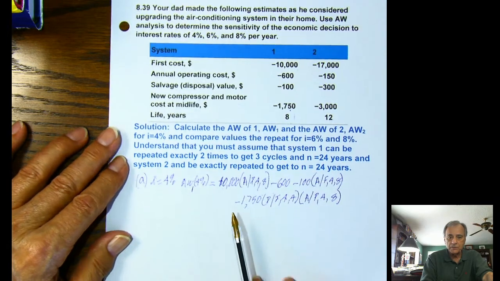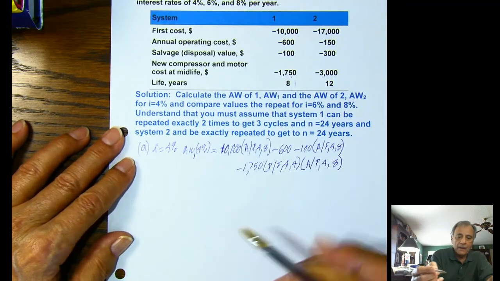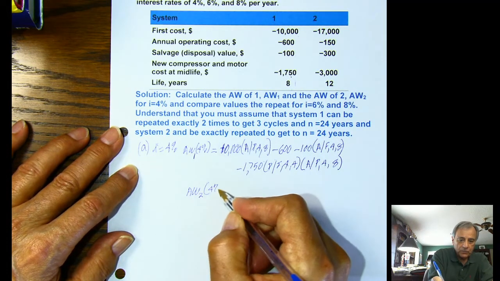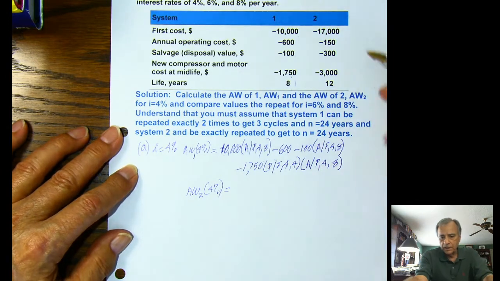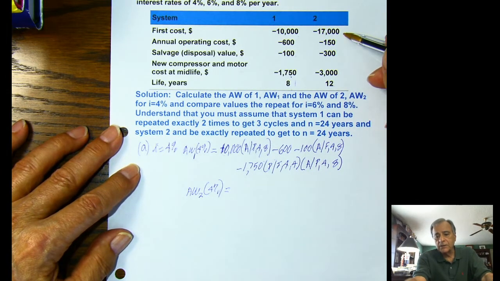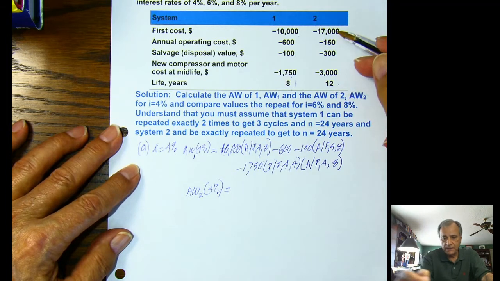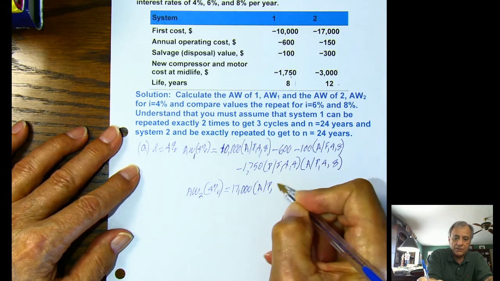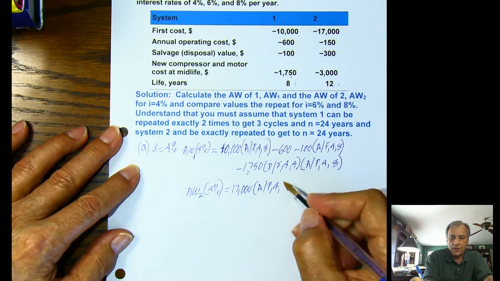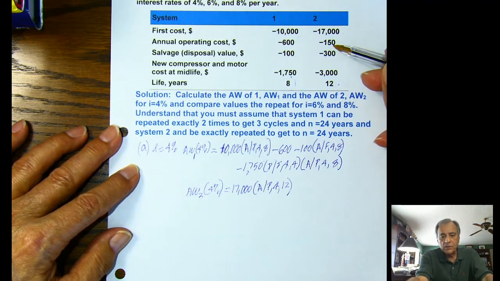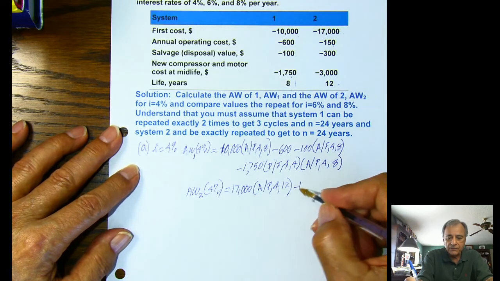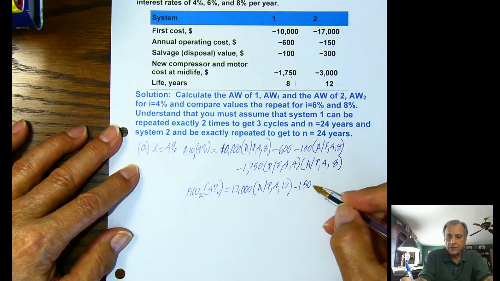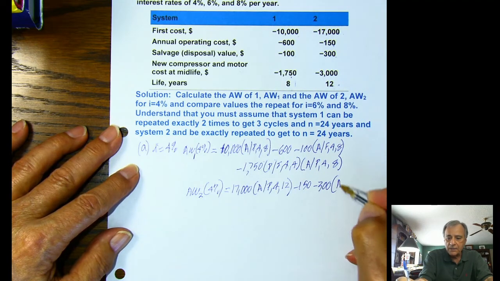Let's look at System 2. The annual worth of 2 at 4% will be, that system costs $17,000, but it's going to last 12 years. So we'll spread that $17,000 over 12 years at 4%. So it's A given P, 4 and 12. And this is an annual amount, minus 150. And then this is a salvage value, but that would occur at time 12. So that's minus 100, A given F,